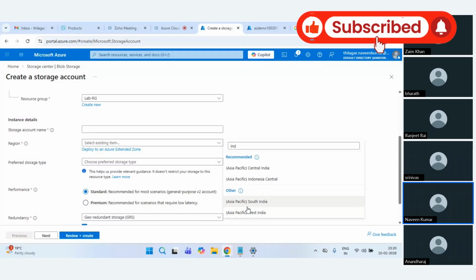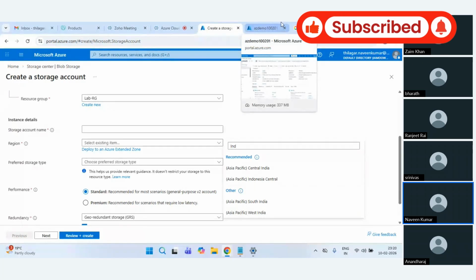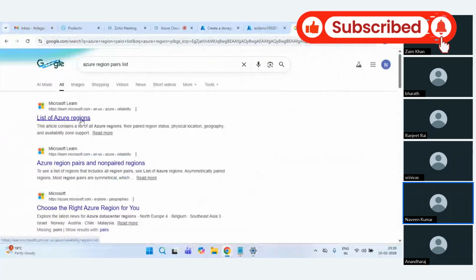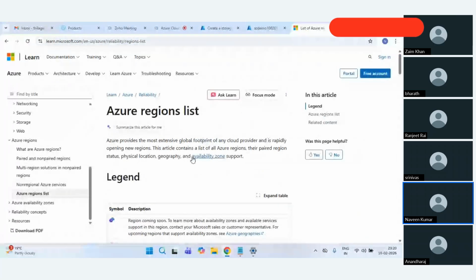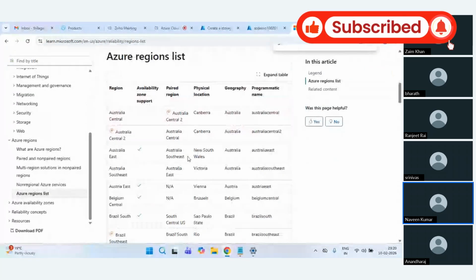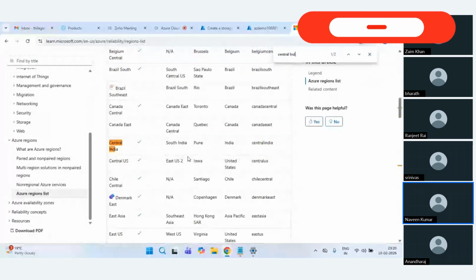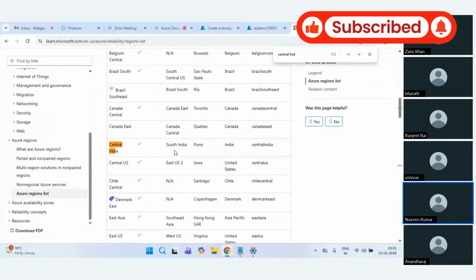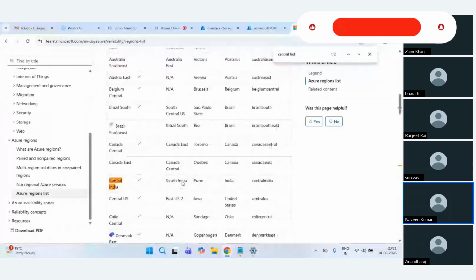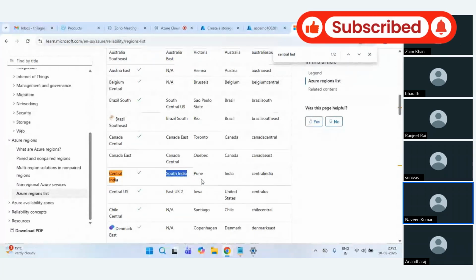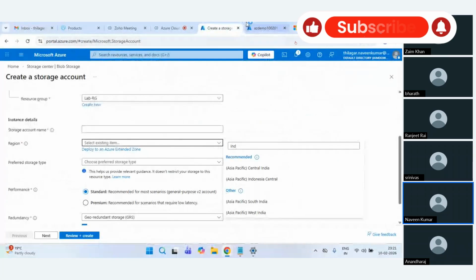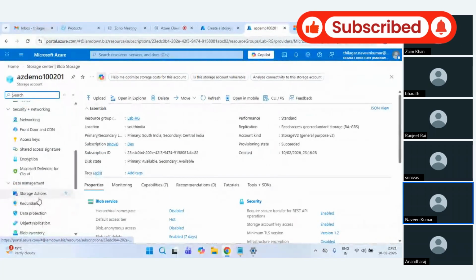which would be a better location to keep as a DR option in case of any natural disaster or any events, right? There should be a certain distance limit which they consider. You can find that from the Azure region list. For example, if I search for Central India, you see here, this has a paired region. In this case, it is South India. That is what this indicates, and that is the reason